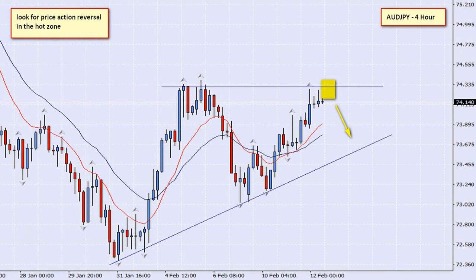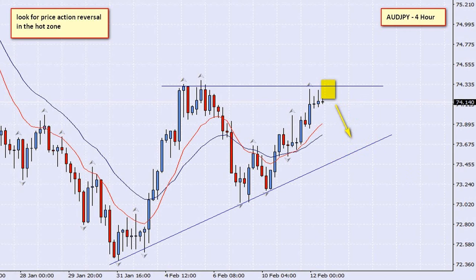It's the Aussie yen on a 4-hour time frame, and I note that we can see a converging triangle starting to happen, and normally they go this way until they break in one direction or the other. So as we approach this top side, I don't feel comfortable enough there, and in any case I haven't got a setup there. So let's see if it pushes up a little bit, gives us some kind of a reversal pattern in the hot zone there, and then I would be happy to take it back down towards this boundary as well. Always remember, as long as I've got enough room for my profit targets before I hit this line, then that would still satisfy what I'm looking for.